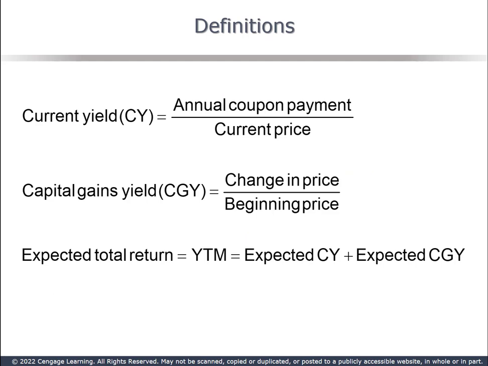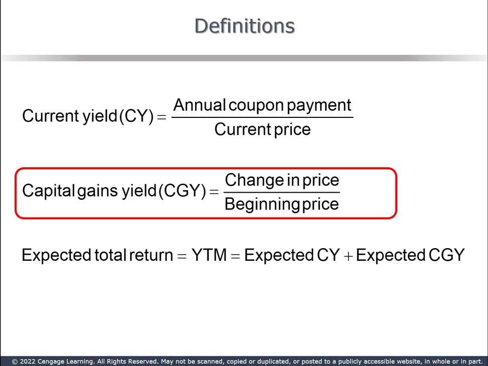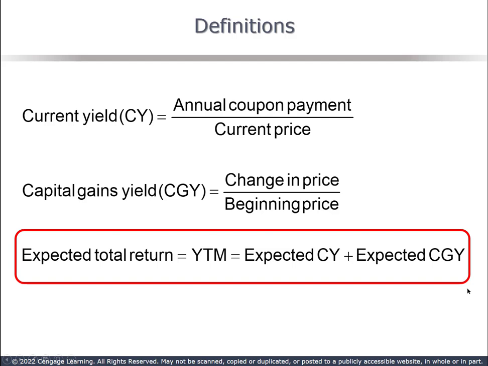When bond information is quoted in the financial press or online, the yield quoted is called the current yield, which equals the annual coupon payment divided by the current price. Assets can only generate return in two ways: cash and capital gains. Current yield can be considered a measure of the cash yield of a bond. Yield to maturity is the total return, and it has to equal current yield plus capital gains yield.